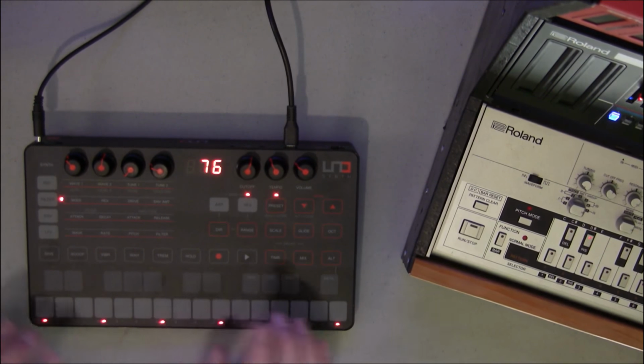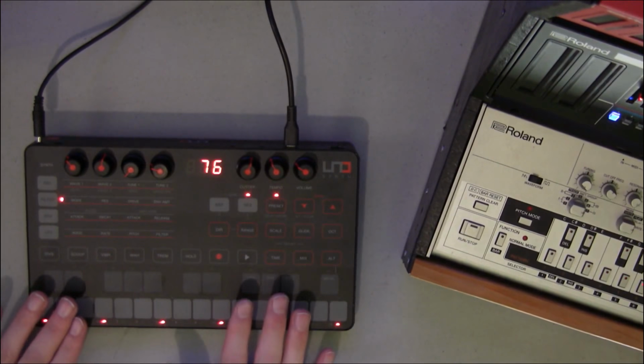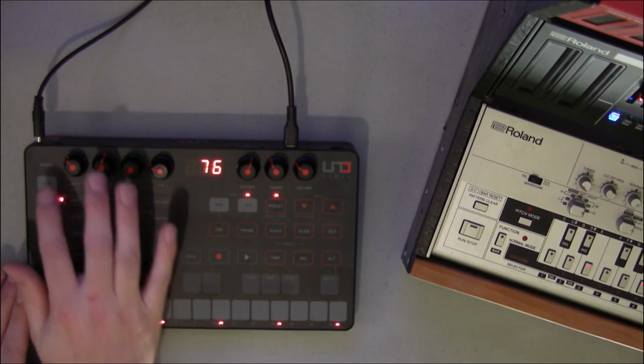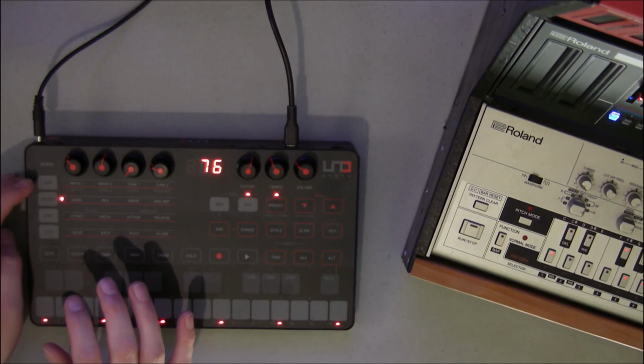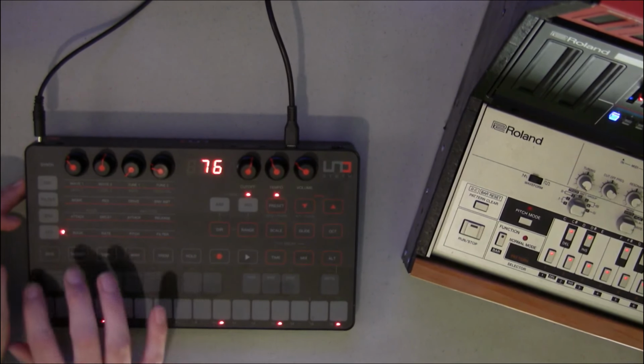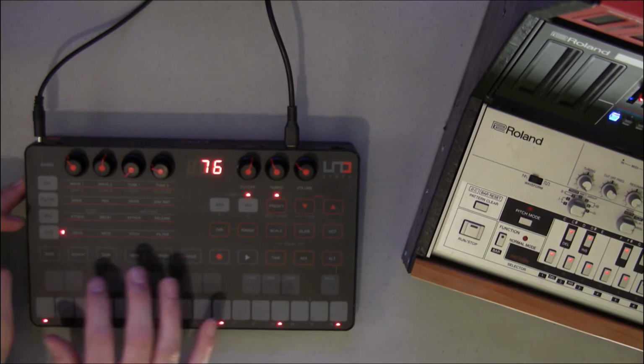Let's see, what do I have here? Oh, the other thing is it's a lot of membrane stuff. You've got 4 control knobs here, and depending on what you want to do, you've got your oscillator section here, filter section, envelope, and LFO. And then there's these kind of hardwired